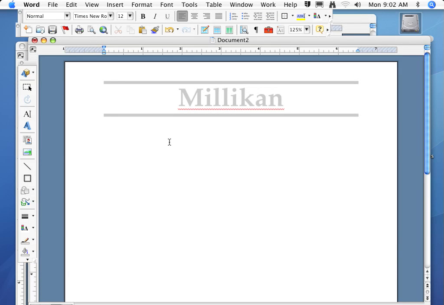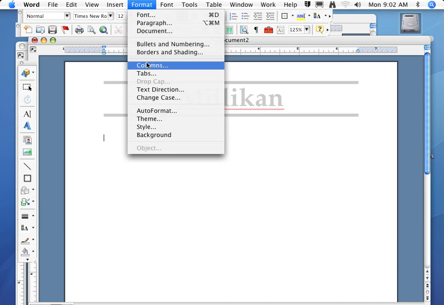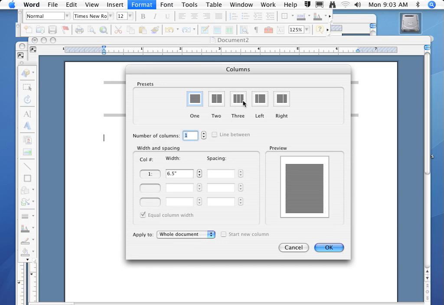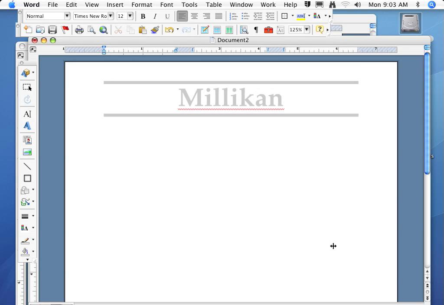So we got a lot done. We're going to move into our columns now. We're going to select the Format menu and select Columns. We're going to work with 3 columns. Make sure that equal column width is selected because we want all 3 columns to be the same. And we're going to click OK. Notice that the header and the footer are kind of dim. That is the way it's supposed to be. So we're going to format the first